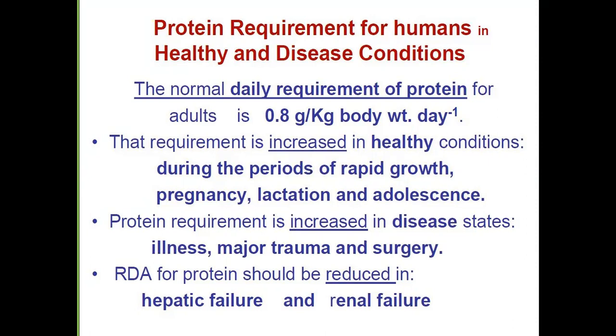It is also known that proteins obtained from animal sources are of good quality as compared to plant sources. The recommended dietary allowance of proteins depends upon many factors: the protein source, the protein quality, the age, the sex, and the physiological status, whether pregnancy or lactation, and the health status,